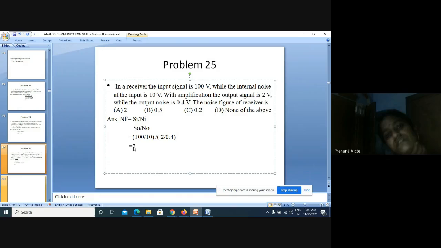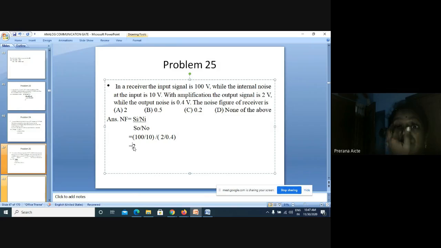So the other type of questions they will ask is to find out the figure of merit. They may ask us to find the figure of merit of your AM system, figure of merit of your FM, figure of merit of your SSB, figure of merit for your narrowband FM. What is the figure of merit for your wideband FM? Okay, they will ask all these things.